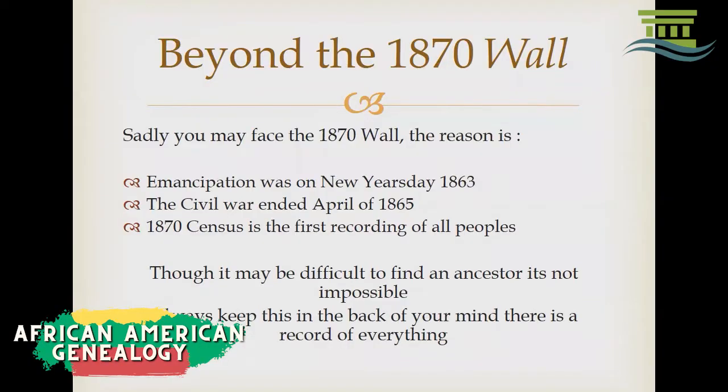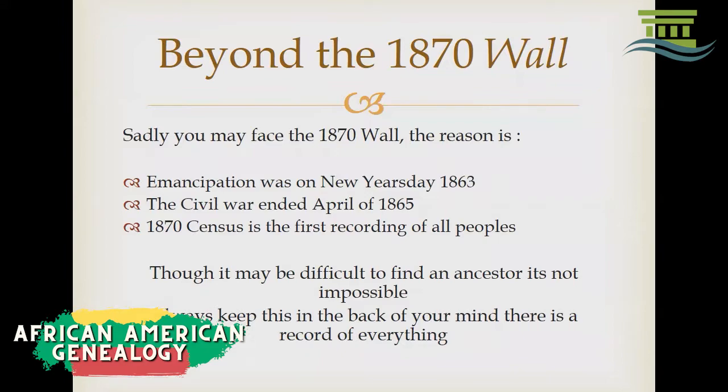The 1860 and backwards, not so much. So you may encounter that wall and it becomes kind of difficult to navigate. How do we go back further? With James Clardy, he was born into slavery, and we'll talk about slave schedules here in a second. But I want to encourage you always to look. There is always a record of your ancestry. There is always a piece of paper, a document, a note, a letter, something in the Bible, some kind of mention of your ancestry. Always want to encourage you to look.